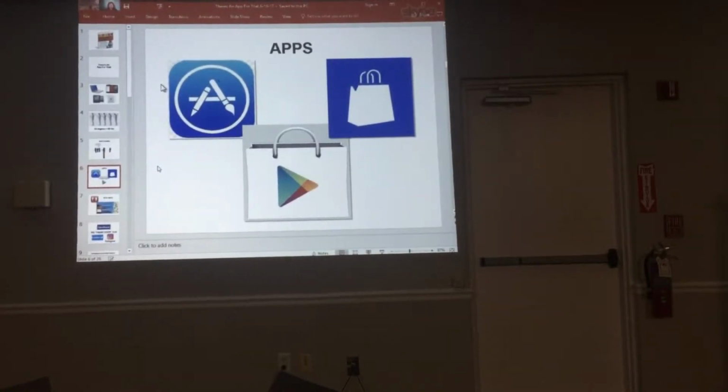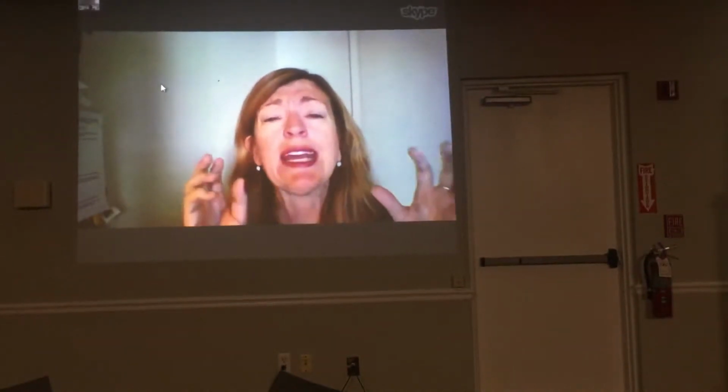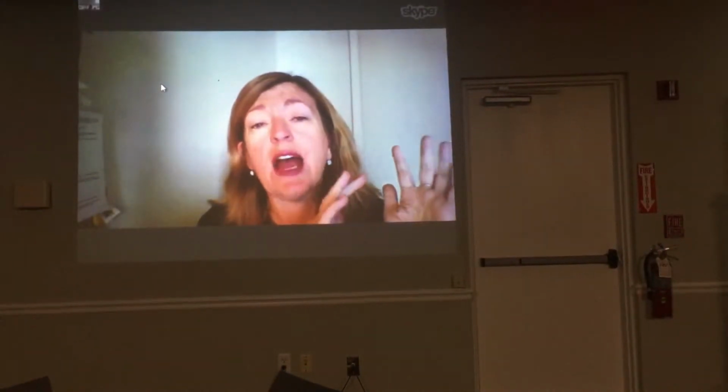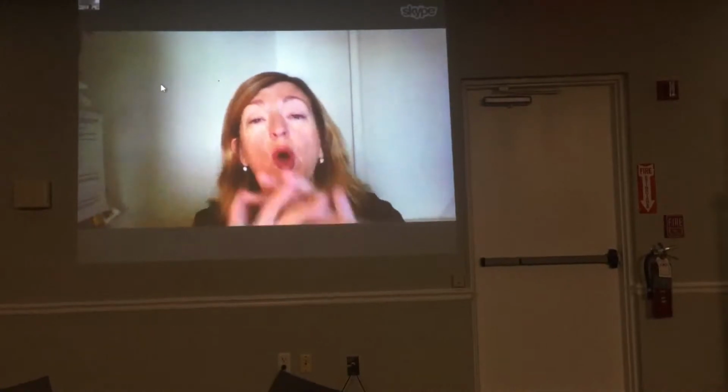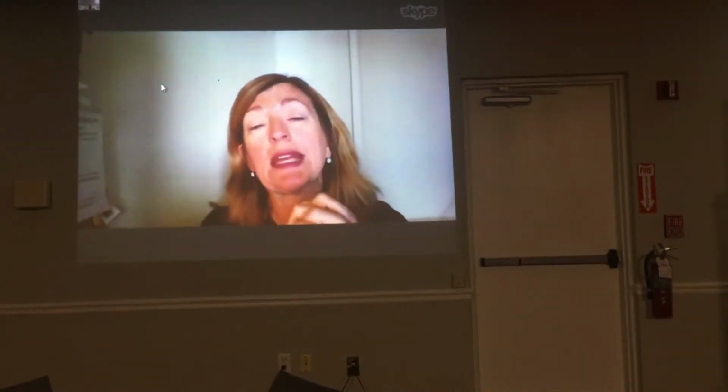The top right image that you're looking at is for Microsoft. So if you have a Microsoft smartphone or a Microsoft tablet, that's what you want to tap on to get to their store. And the bottom one in the center is if you have an Android device and you want to add an app onto your device, that's the image that you're going to look for if it's an Android. And basically, an Android is any device that's not Apple and not Microsoft. So all the others fall underneath that blanket of Android.